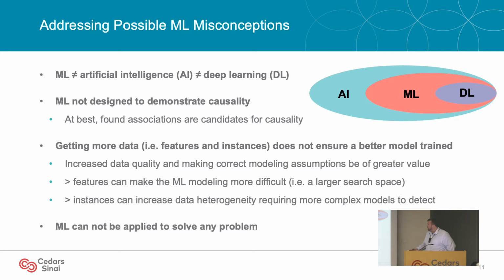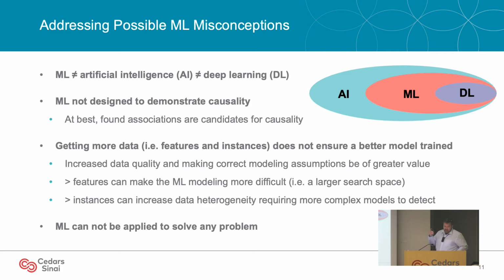On the other side, if you increase the number of instances, something that can happen, won't necessarily happen, is that you can increase the data heterogeneity, which means that there might be different subgroups of individuals in your data set that have different underlying patterns of association. And you can actually end up making it even harder for the modeling to be conducted well. Now, this is not always the case, but I just want to illustrate that it's not always a good idea to have more data. However, yes, in general, we do want more data.